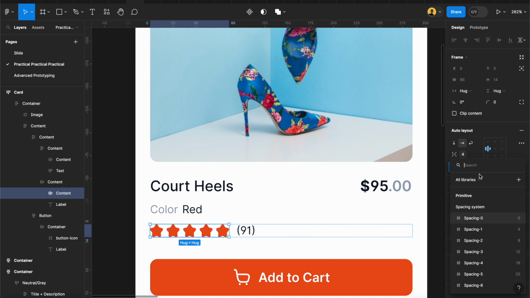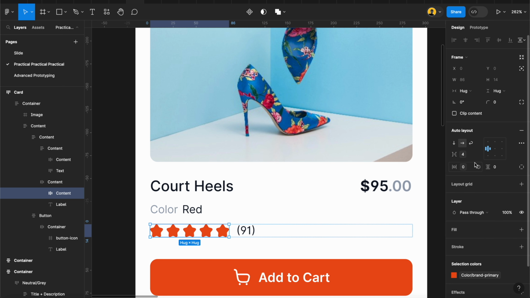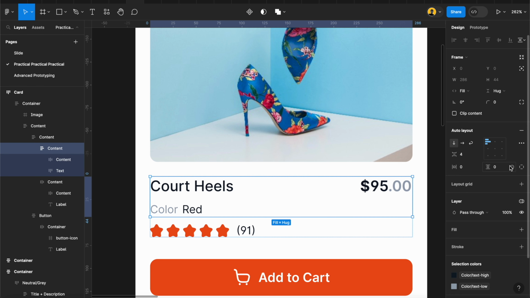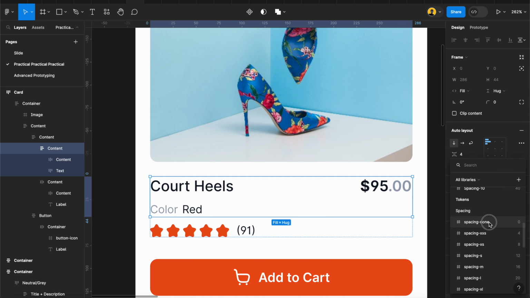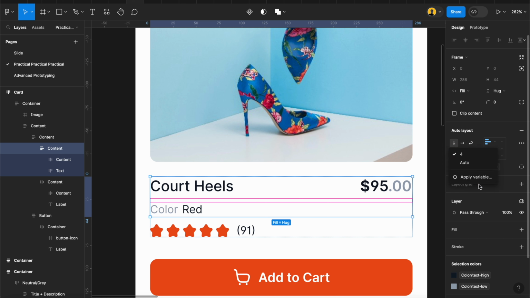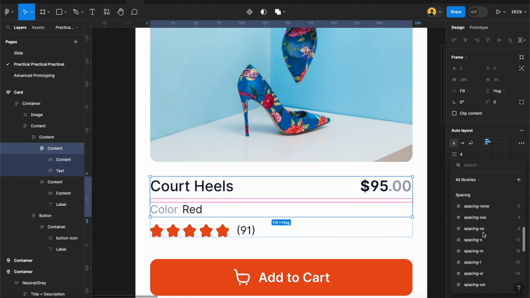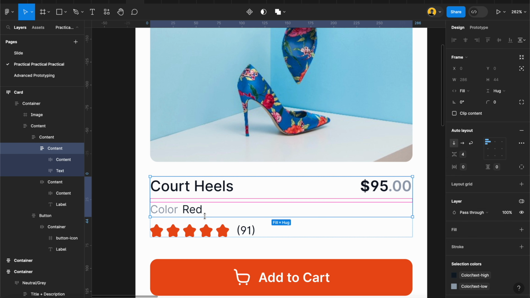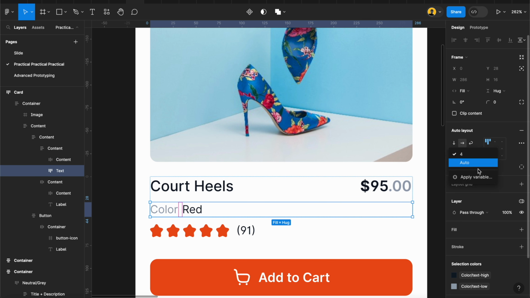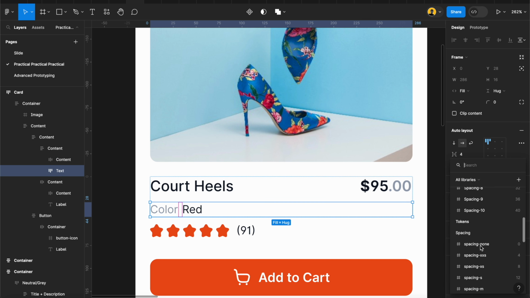For none, then this one also none. You go in here, none, so this will be small. Okay, 4. Okay,